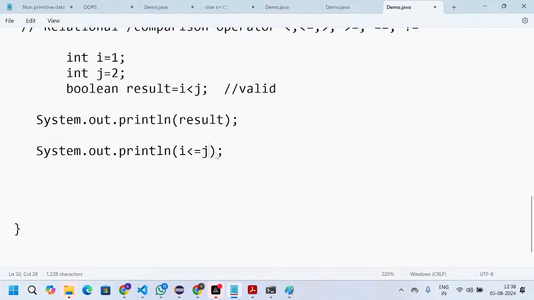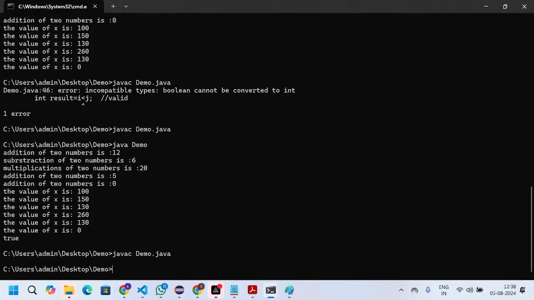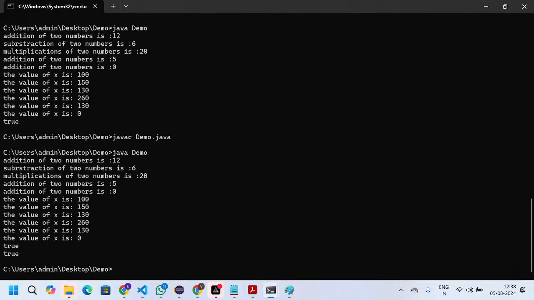Then what might be the result? i less than or equal to j. Which is it, true or false? i is holding 1 and j is 2, so i less than or equal to j is true. Then you can save the file, compile it and execute it. We'll get true.